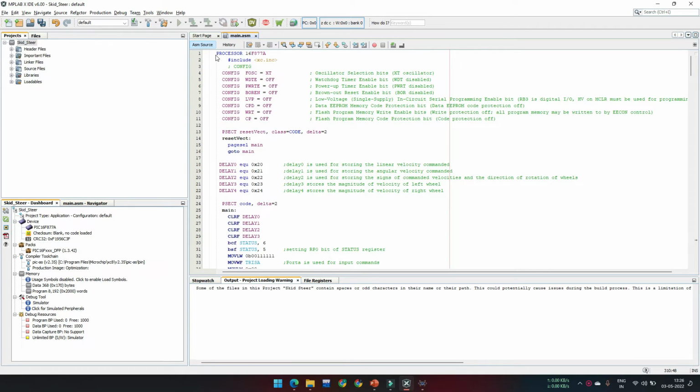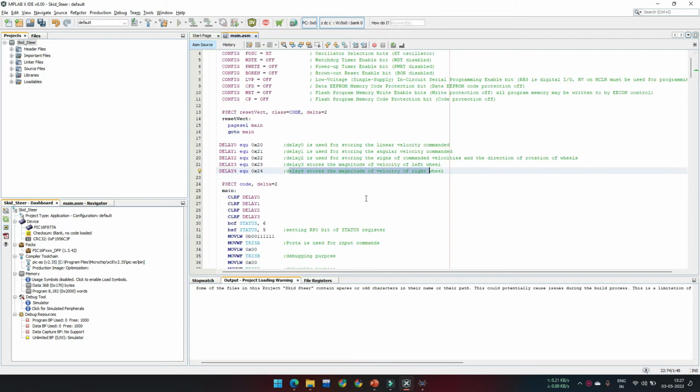Here is the code for the skid steering mechanism. These are the configuration bits. These are general purpose file registers which have been used in the whole project. Delay 0 is used for storing the linear velocity that is commanded, and similarly delay 1 is used for storing the angular velocity commanded. Delay 2 is used for storing the signs of commanded velocities and the direction of rotation of wheels. Delay 3 stores the magnitude of the velocity of left wheel, and delay 4 stores the magnitude of velocity of